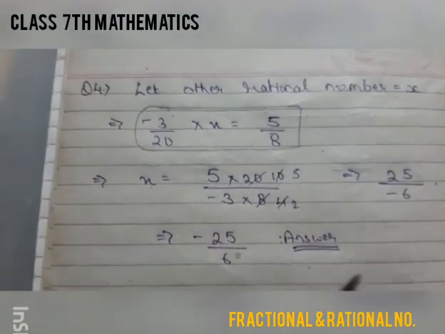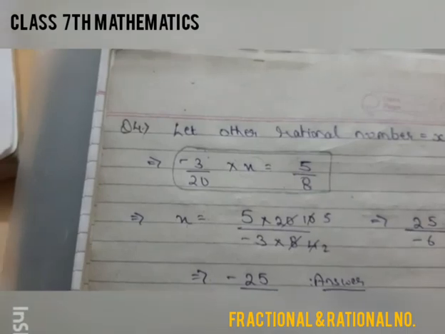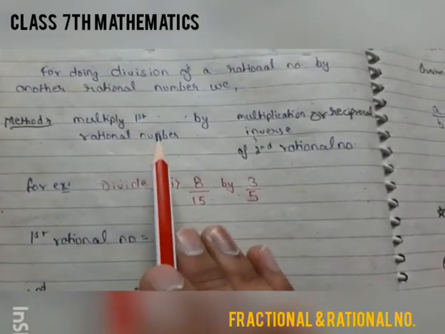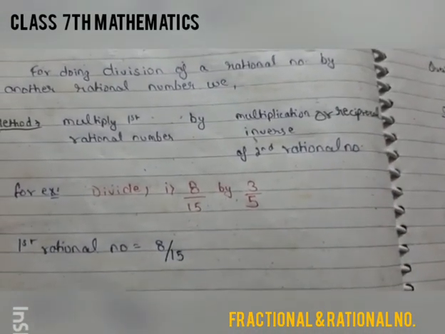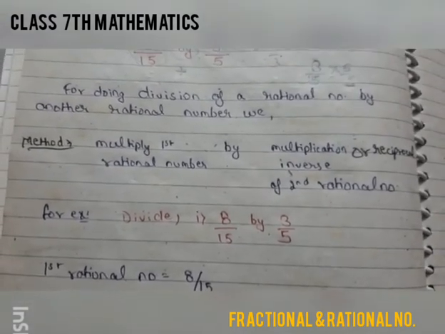So this exercise is very simple. Just remember one thing: when you are solving division of any two rational numbers, the method says multiply the first rational number by the reciprocal of the second rational number. So please solve this exercise in your notebook, and if you have any problem in any question, you can